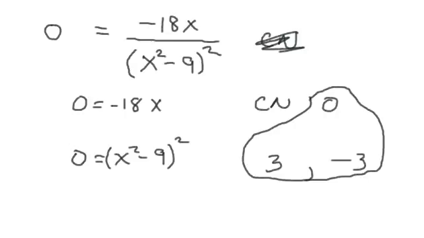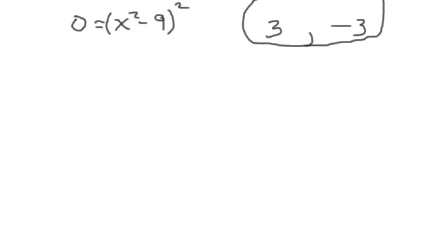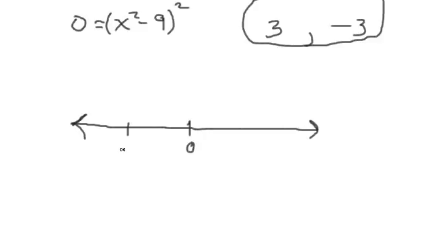Alright, so now we're going to do our number line. And I'm going to plot 0, negative 3, and 3 on our number line. And then of course we've got test points like negative 4, negative 1,